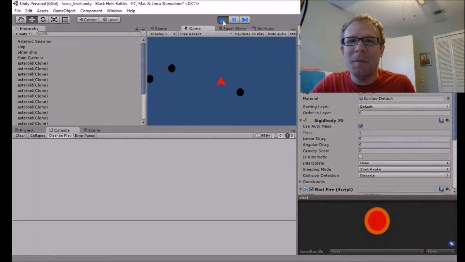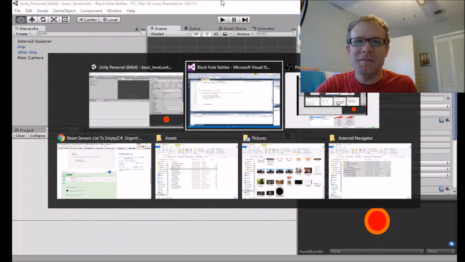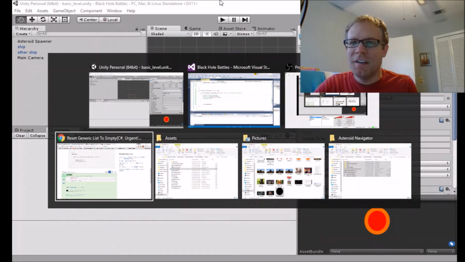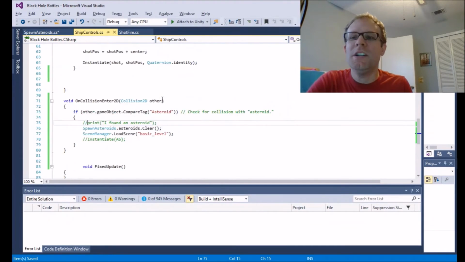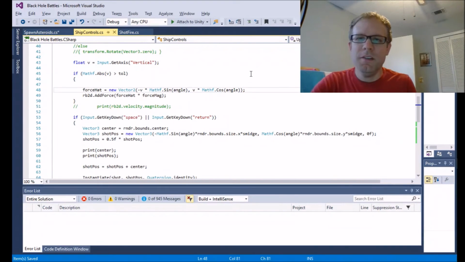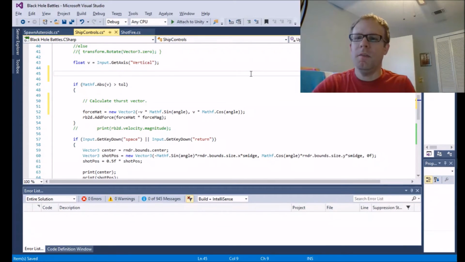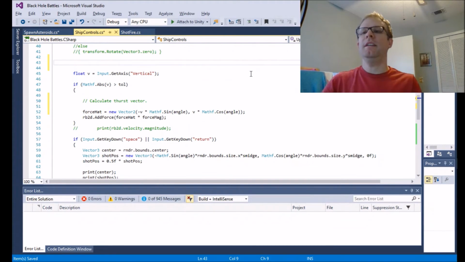What I need to do next is start getting in the gravitational force. So where should that go? That should probably go in ship controls, because that's where I'm adding the force vector, adding the thrust vector. So this is going to be the calculate thrust vector. So here's what I need to do: I need to have it calculate the